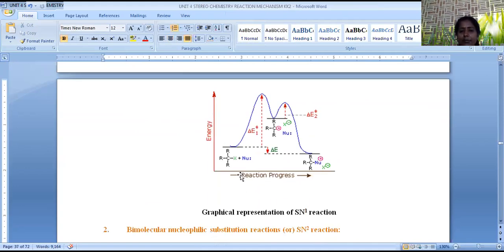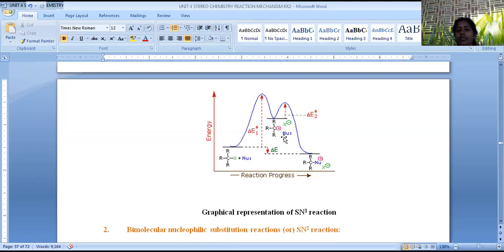It is a graphical representation we are taking, with reaction progress on the x coordinate and energy on the y coordinate. Initially, the alkyl halide is taken, and its energy is extremely low. When the nucleophile comes closer, its energy rises and reaches activation state 1, and slowly its energy is lowered